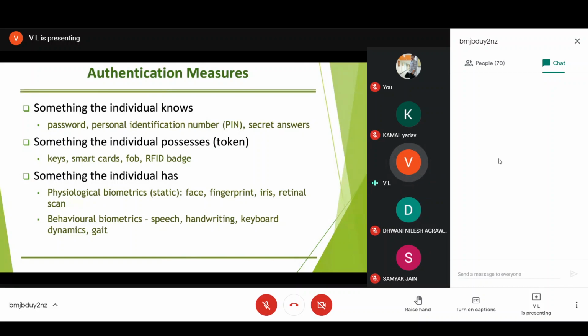Then there are behavioral biometrics. So physiological biometrics are the ones which are acquired at birth. Behavioral biometrics is that when the people grow, they learn something, and that's how they acquire it. So they acquire during the lifetime the way people speak, the way they write something, the way they walk. So these can be behavioral biometrics, but they show more variation than the physiological biometrics. So they cannot be relied on in all circumstances, but for some systems they can be used, but they cannot be 100% relied upon.